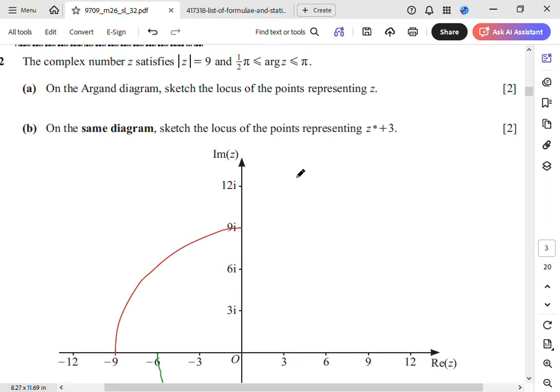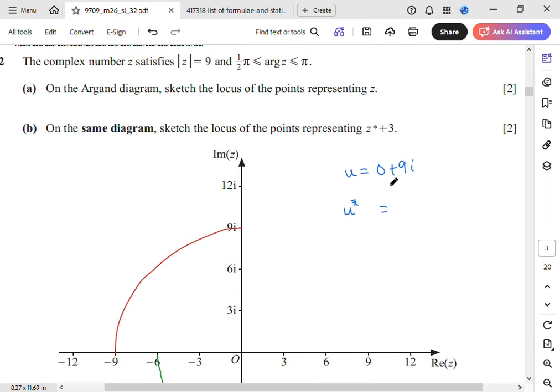It says on the same diagram, sketch the locus of the points representing the conjugate of z plus 3. So let's see. You have this point, right? This point has a coordinate. Let's call this point u. The real part of this point would be 0, and the imaginary part is 9i, right? So that's u. So if I were to find the conjugate of that, use asterisk, that would be equal to,